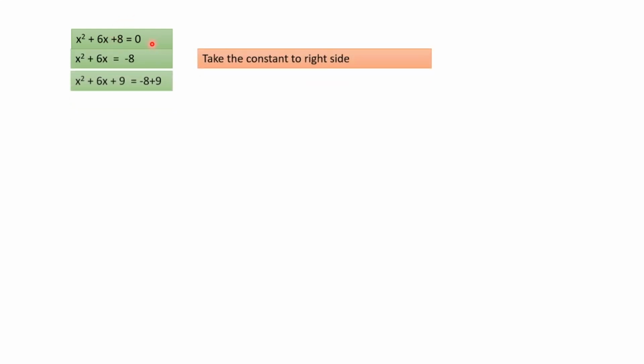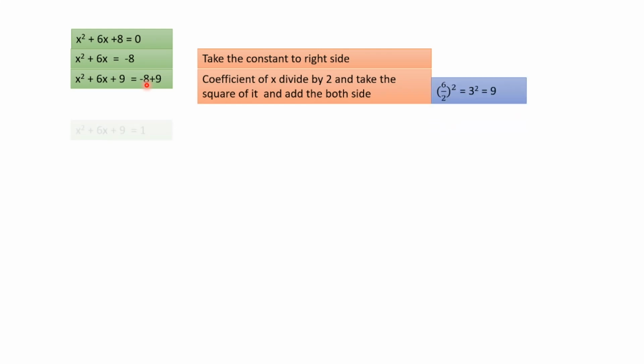Next, you can also do this easily. This plus 8 bring to the other side, it is minus 8. I will go a little faster. Now you get the idea. This is a general mechanism, very easy. Then you know this one you have to choose, that is the coefficient of x. So 6 divided by 2, look at this, 6 divided by 2 squared, it is 9. So I added 9 to both sides.